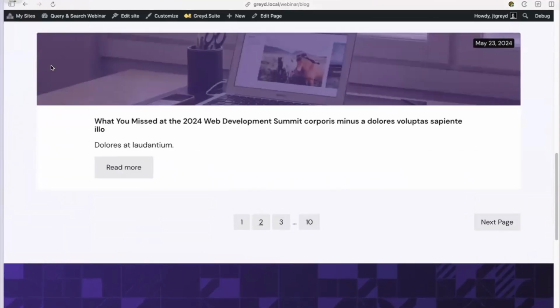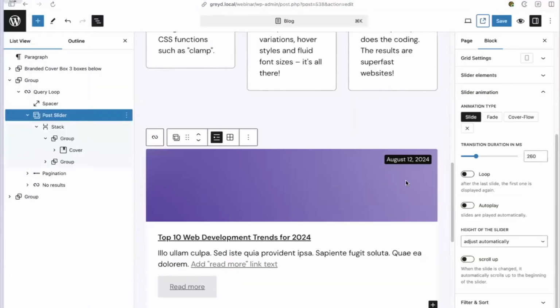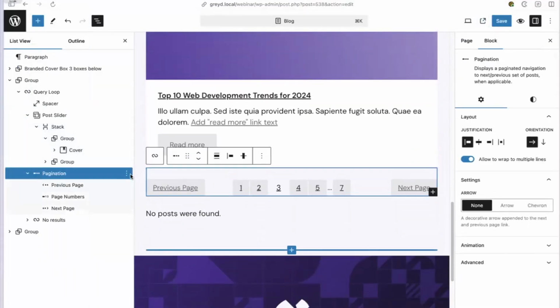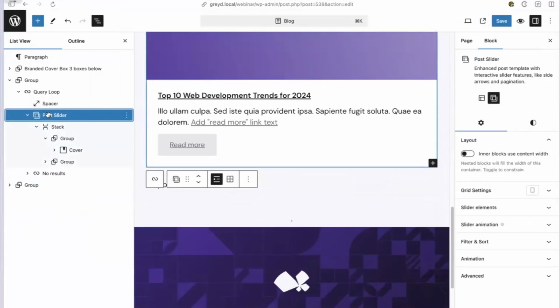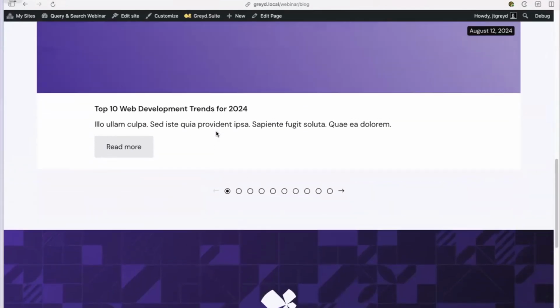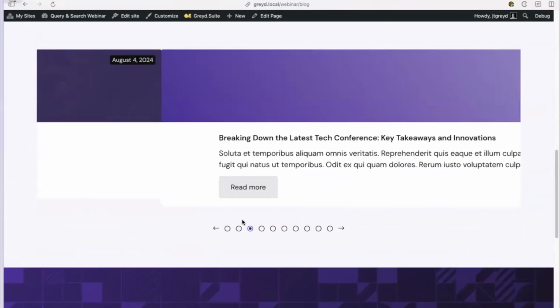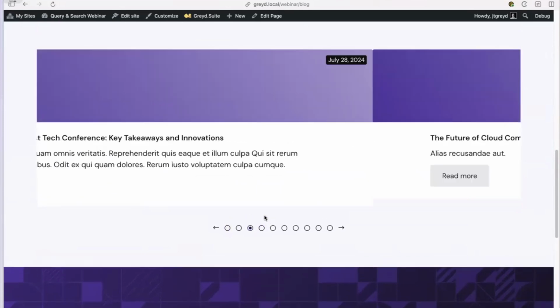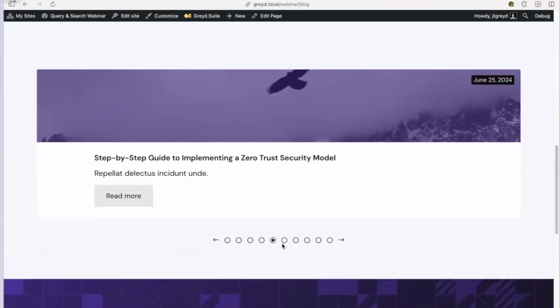We have to get rid of this core pagination. The core pagination works with the core block, but for example, let's go into the slider elements and add a pagination. So now I can go to the second page, third page, and the user can do this instantly on the page without losing his position and everything.